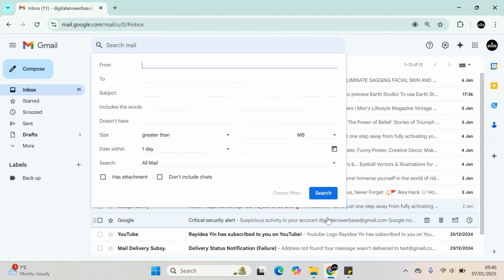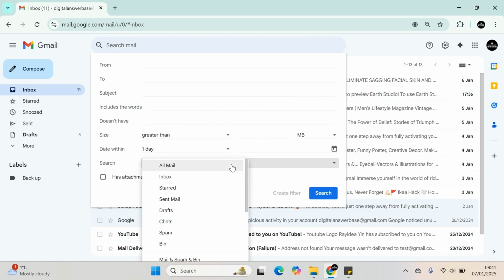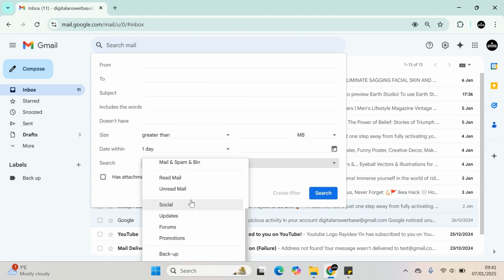Now you'll be presented with this particular screen here. Let me quickly run you through what this actually means. From is the email that you're actually receiving from. You can also set some rule sets when you're sending an email to a particular email address. You can also include certain subjects. Also, you can include words. Also, you can exclude certain words, okay? Also, the size and the date, and then all mail or what inbox you want,